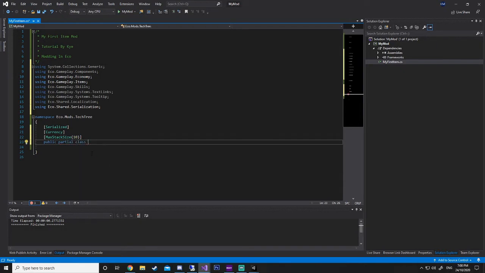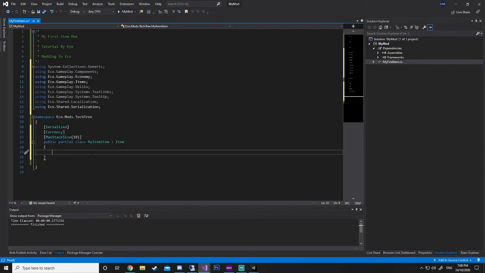So the next thing we need to do is we need to make a public partial class, and we're going to give our item its name. Now this is where it is really important. So we're just going to give this a name called MyItem. So this just helps us tell that it's an item. It's not actually necessary to have the second item there, but it just tells us that it's an item, colon, and we need to define it as an item.